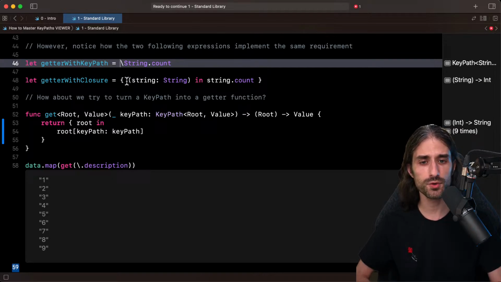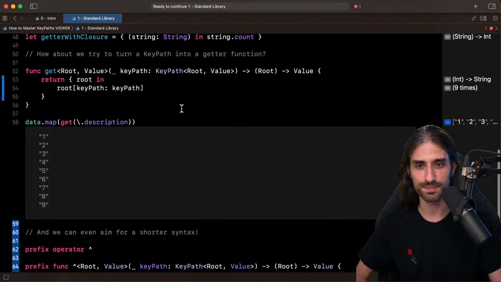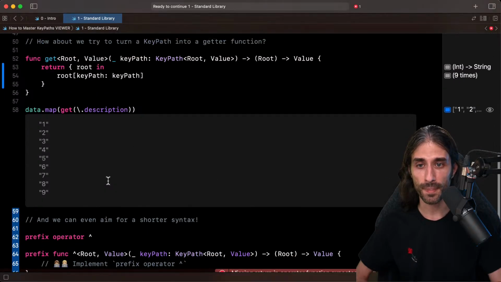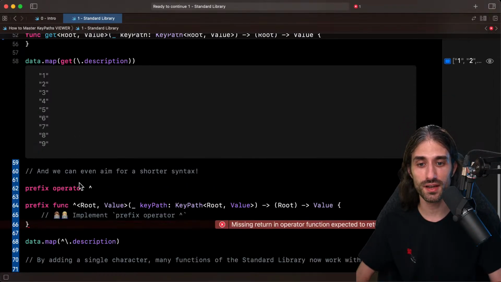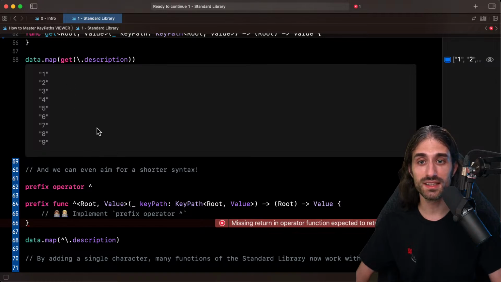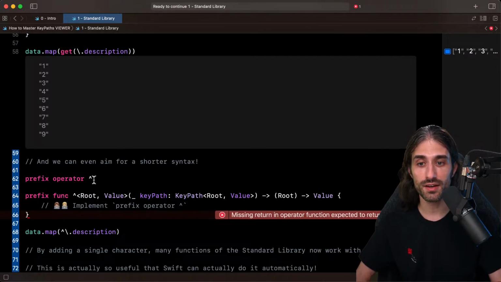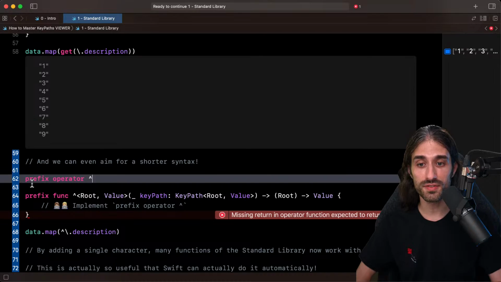And also, with a key path, you can only have a getter for the property. Your key path cannot do anything unexpected like a closure could do, because a closure at its root is just arbitrary code. And so this get function kind of goes a bit against this philosophy, but we could actually make it even shorter by declaring a custom prefix operator.